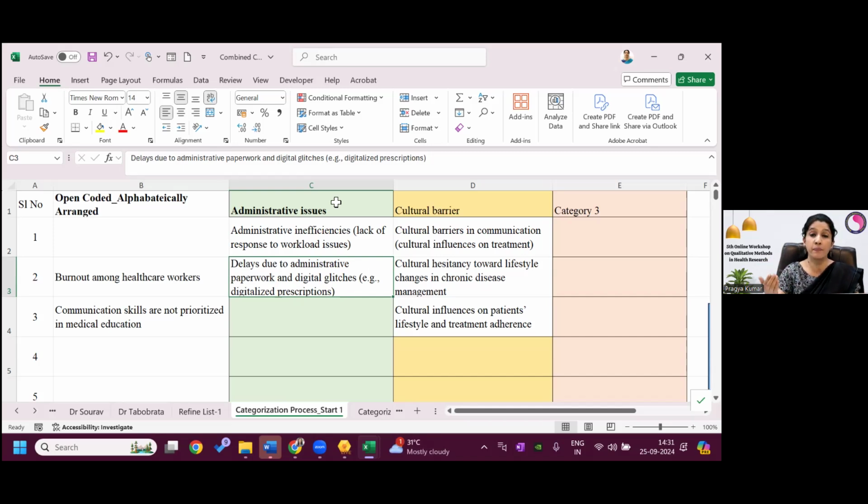There were a few people who said hospital administration, like delay in getting the supply, if the OT is not prepared well, or if the things are not at the right place. Those are related to hospital administration. So under administrative issue, you can again have some categories related to academics, related to hospital administration, related to digital issues or digital administration. Then those will be your subcategories.